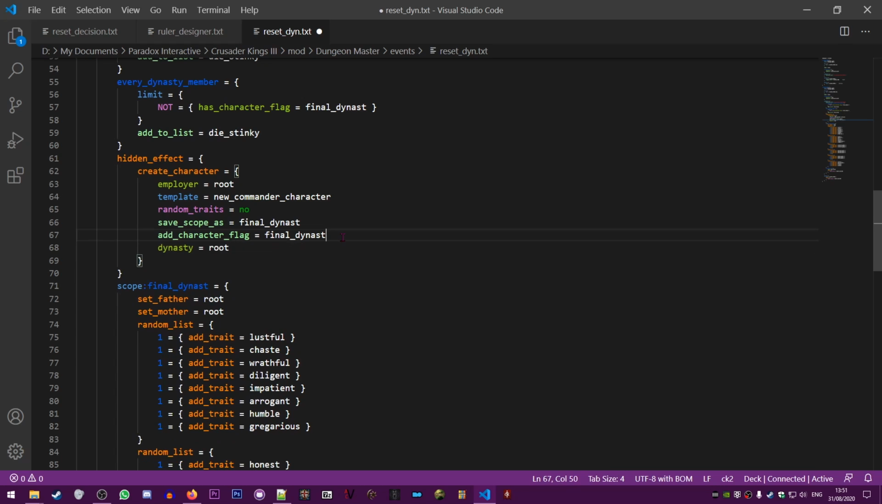But it's no longer shorthand, kind of console-commandy style thing there. Again, add character flag rather than set character flag. Makes a bit more sense in my opinion. And then the dynasty is defined as root as well, to ensure that it spawns with your dynasty. You'll find that the character creation, from what I can tell at a very cursory glance, is very, very similar